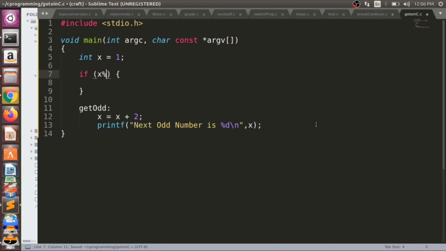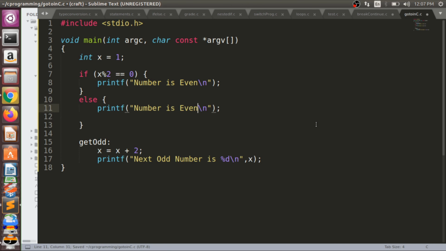If x%2 is equal to 0, then we will printf number is even. And what will happen if we have an else? Here, number is odd, and now we will call this get odd.